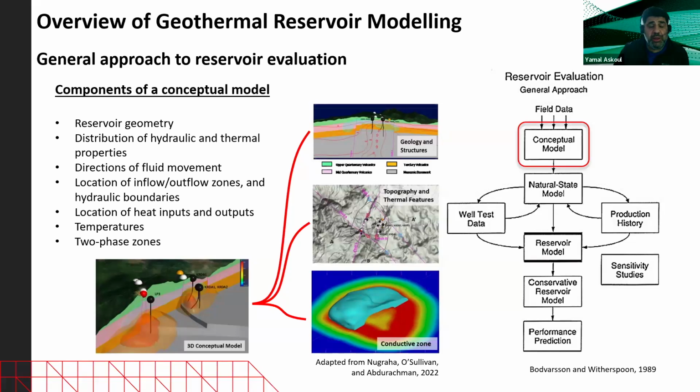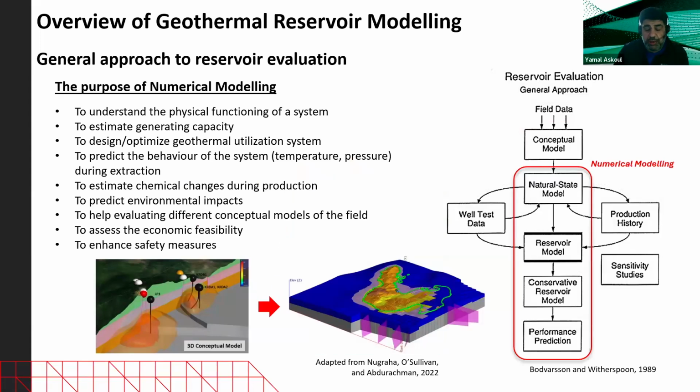zone will be performing, like if we have a convection process where, by changing temperature when we do the injection production process, we have a buoyancy effect that creates changes in temperature downhole. So we want to understand those phenomena so we can try to maximize the capability of these geothermal assets that need to be developed, and as well to understand temperature and also the effect if we have a two-phase zone, for example, steam or water in the system. And lastly,